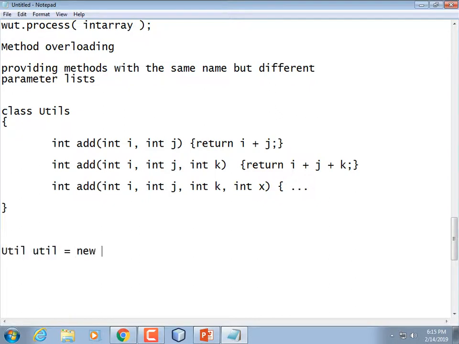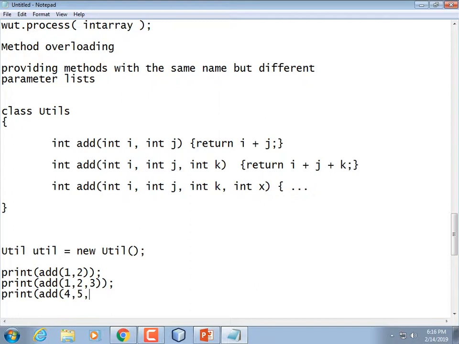Util equals new util. And then I could print add 1, 2 if I wanted to just add 2 numbers. And I could print add 1, 2, 3, like that. And then print add, 4, 5, 6, 7, whatever, right? But I can't because I don't know where add is stored, so I would have to do util.add, util.add,